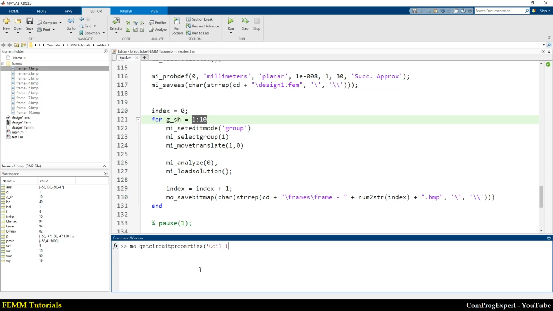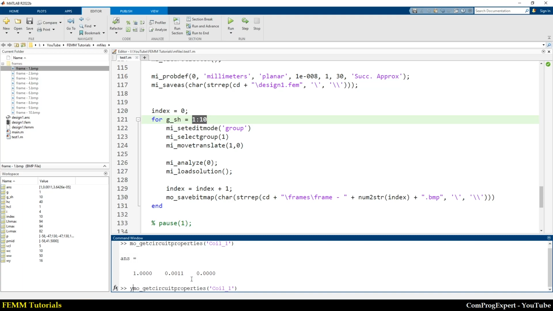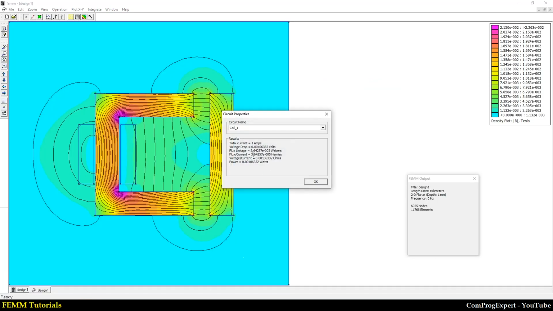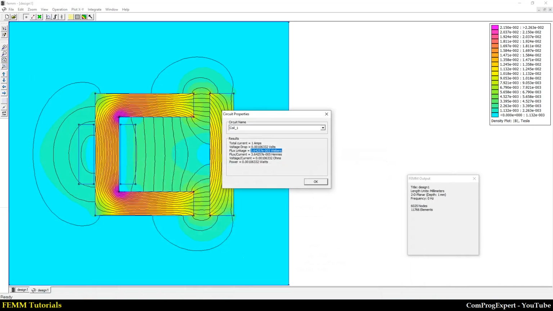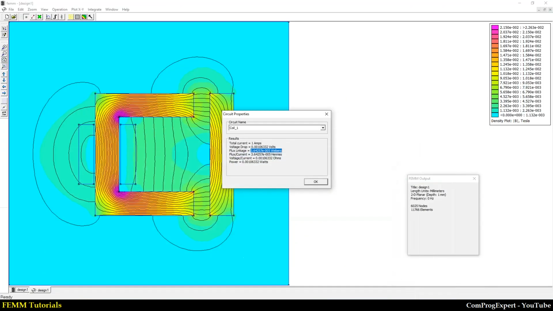Coil 1. These are numbers. So I can write here y outputs, y3, is the flux linkage. Yes, 3.64